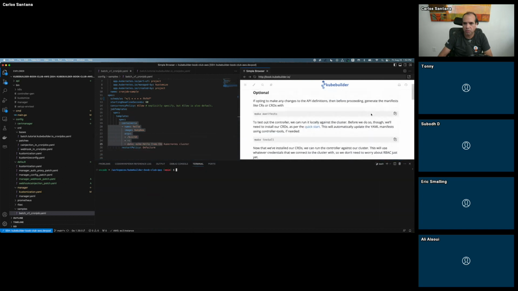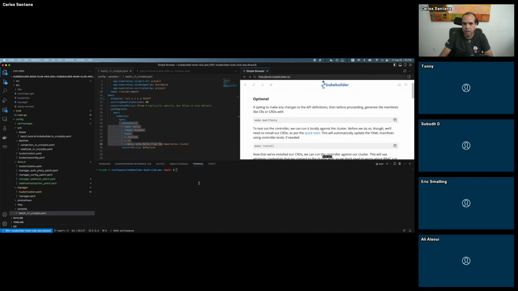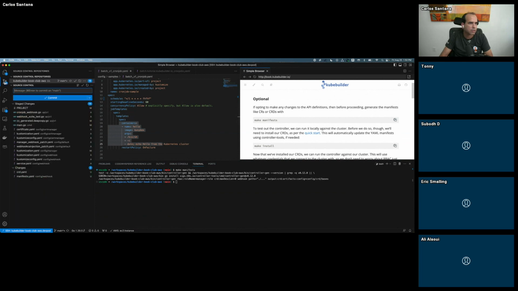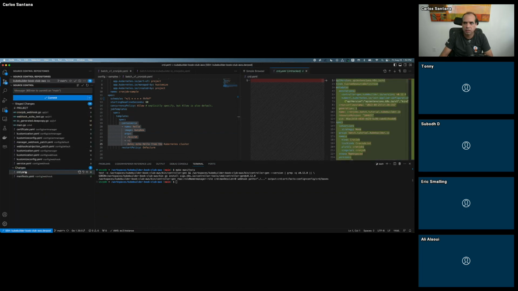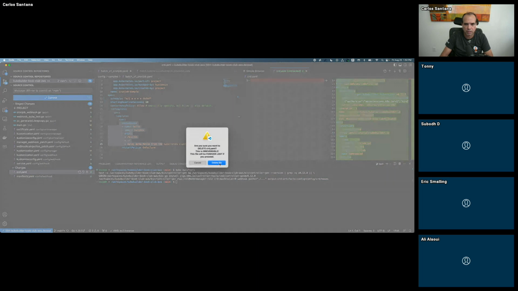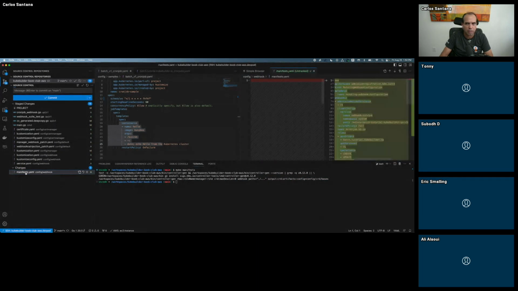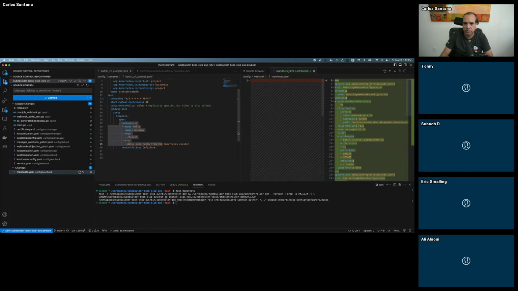Let me do it quickly. It will not change anything. If I do make manifest, I think everything will stay the same. So make manifest, since I didn't change anything, here's my CRD that I can delete again. I don't need it. And then in manifest, oh, it generated a manifest. So here's the manifest